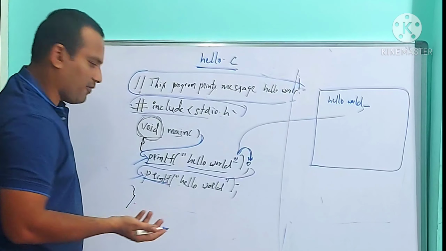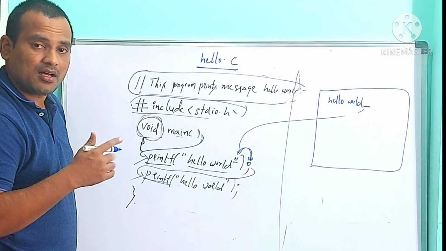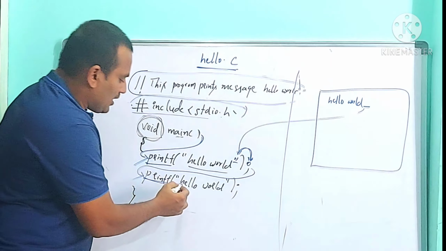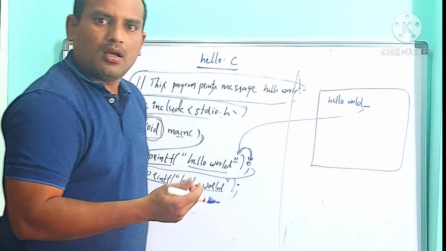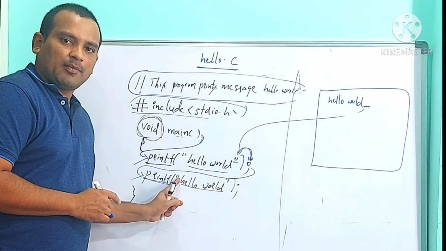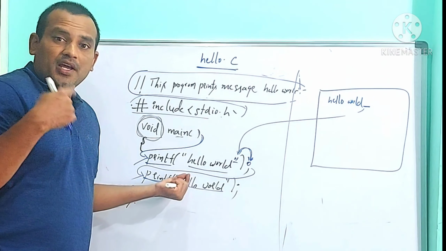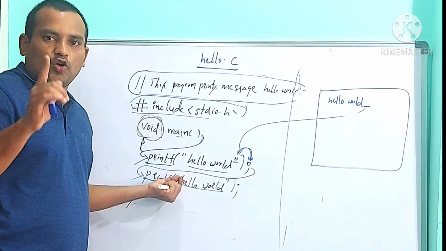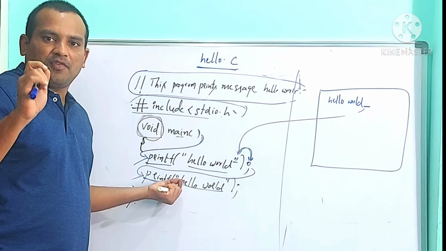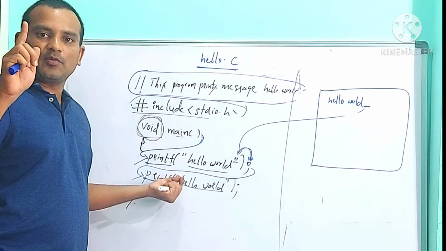Again, it is printf. Again, the runner has to print the message which exists in the double quotation as it is. What is there in the message? Hello world again. Where now? The point is where now the runner can print character by character at the output screen. What is the first character? H. Where is it going to print? I told you, the runner can print information at the cursor position only.